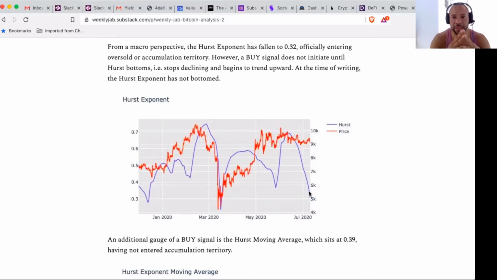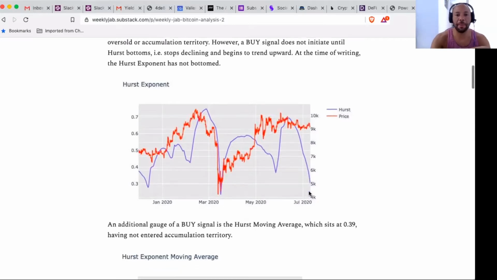And quite frankly, it doesn't look like that's going to happen at the current time, despite being within the accumulation phase. So what it's signaling right now is that, yes, a bullish inflection point appears to be on the horizon, but it is not confirmed as to when the appropriate entry point should be or when that inflection point is actually going to occur, given the exponent has not bottomed.